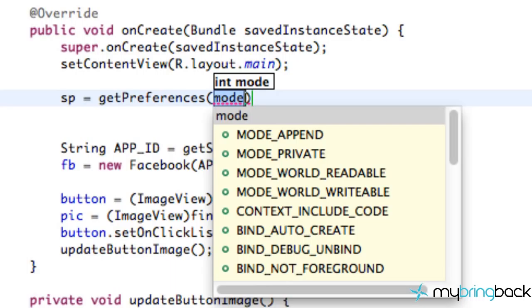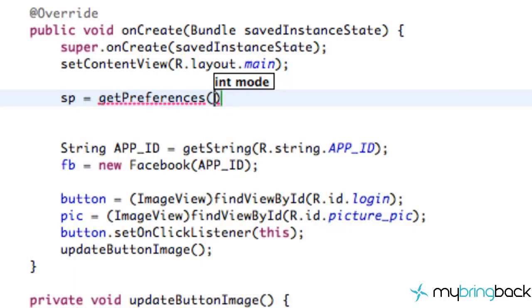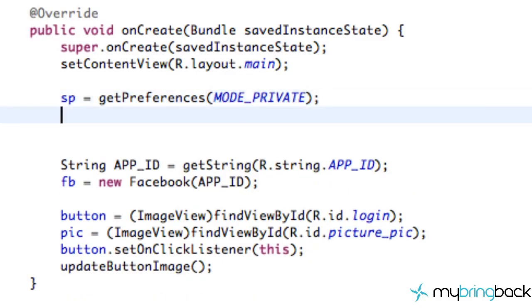You can also do like world readable or world writable, where the user can actually go in or other applications can even go in and find that data. But we want to do it privately so no one will find it and delete it or something like that. And you do that with this parameter here. We're just going to type out mode and private, and that sets up the way that we're going to save